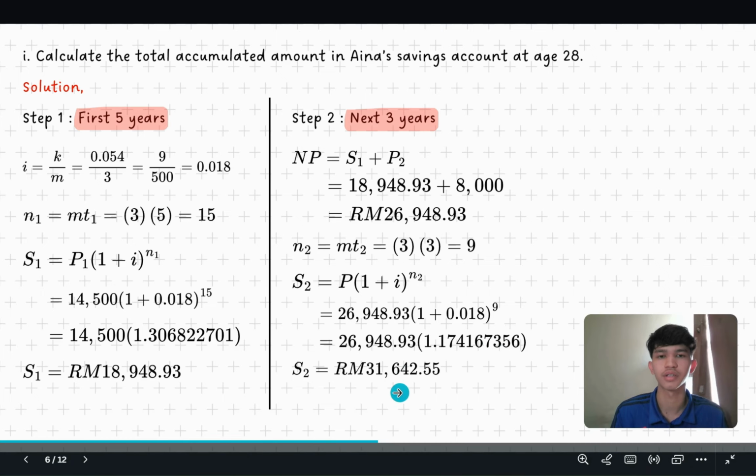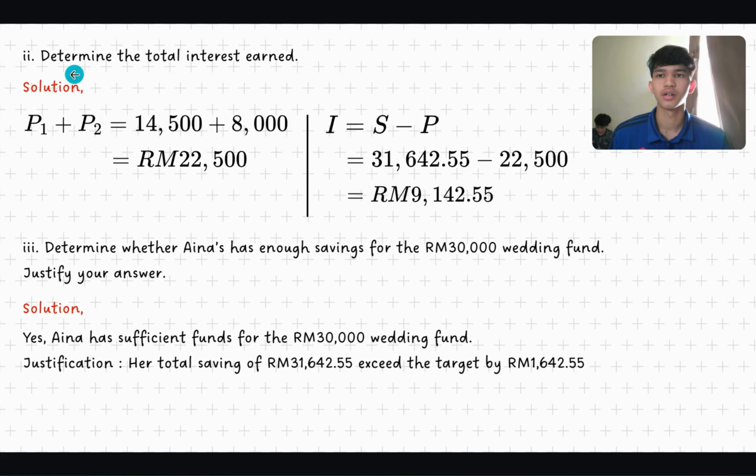So the answer for the S2 is 31,642.55 ringgit. For question 3, number 2, determine the total interest earned. Solution: P1 plus P2. So we substitute the numbers and calculate. The answer is 22,500. Next, we need to find the I. The formula is I equals S minus P. After we substitute and calculate, the answer we get is